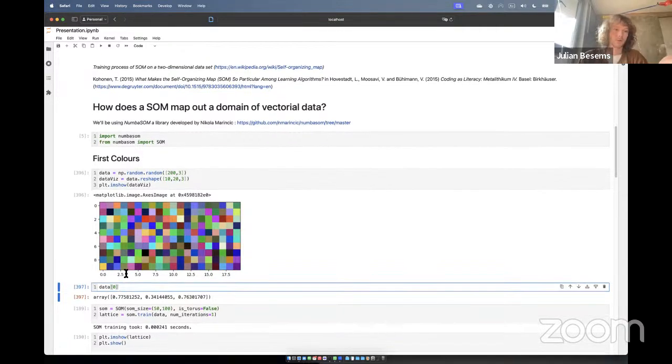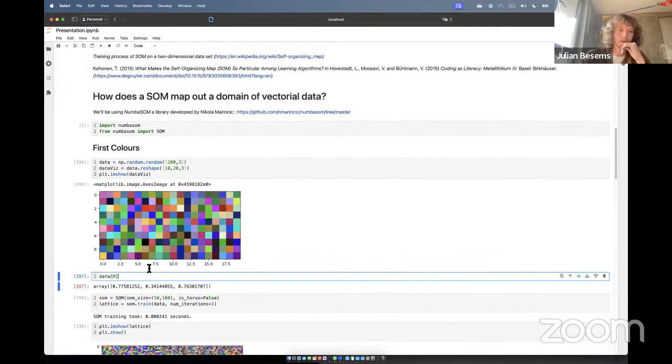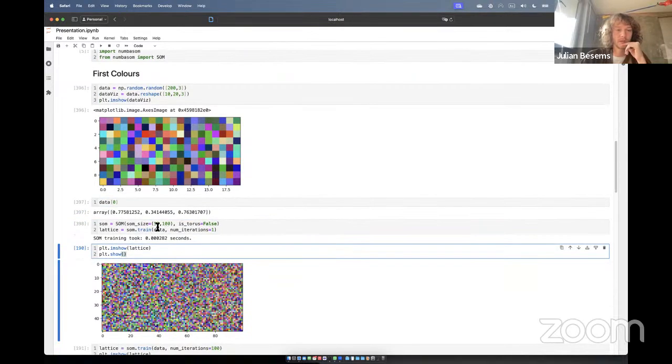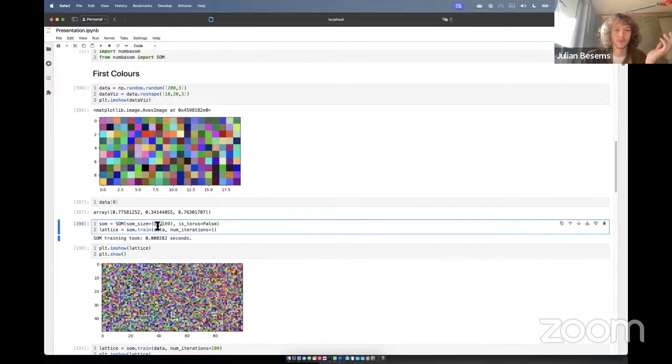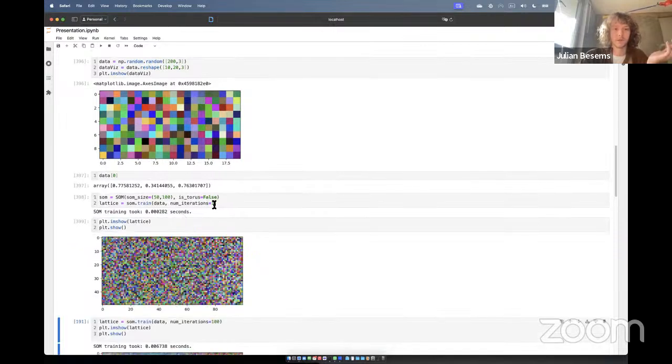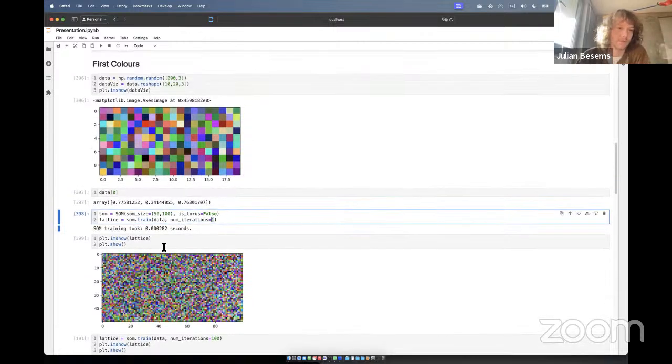So we have 200 colors, and we start training a SOM on it, where we take a SOM size of 50 by 100. So we have a map of 50 squares by 100 squares. And if we show the self-organizing map without any form of training iteration, so only one training step, we see that it's basically just noise.